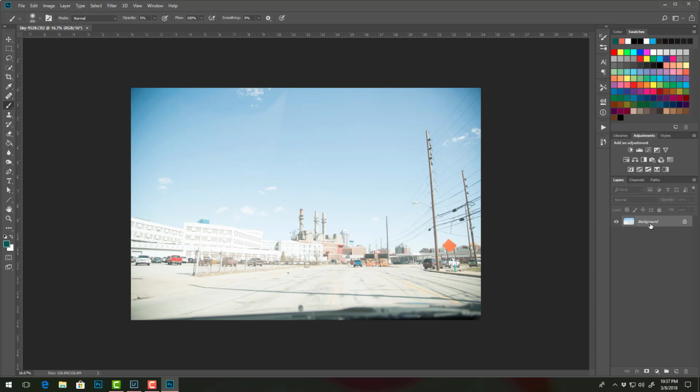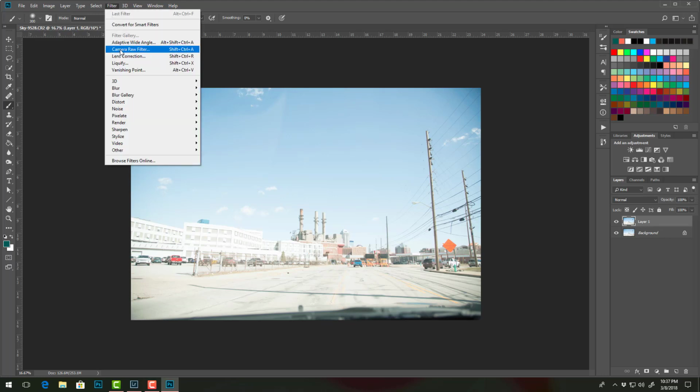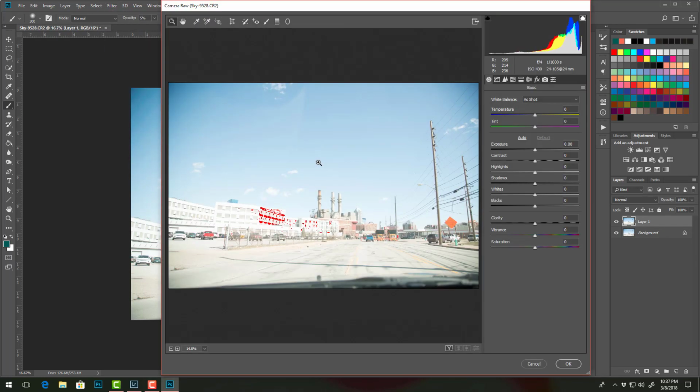So, with the background layer, I always make a duplicate just to work from. Command or Control J does that. You can also right click on the layer and just say duplicate layer, but either way works. Alright, and then up here, filter, Camera Raw filter, brings up all the same adjustments that you'll see in Lightroom or in Adobe Camera Raw if you just open a raw file from